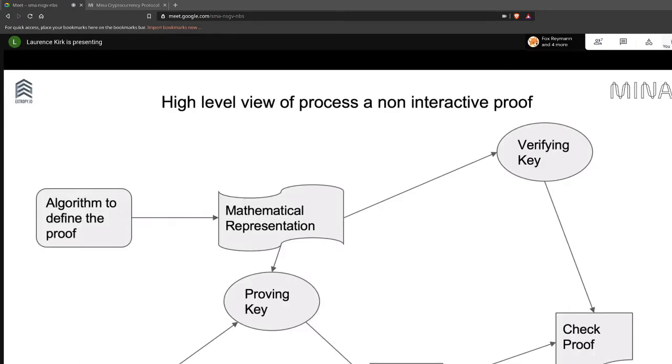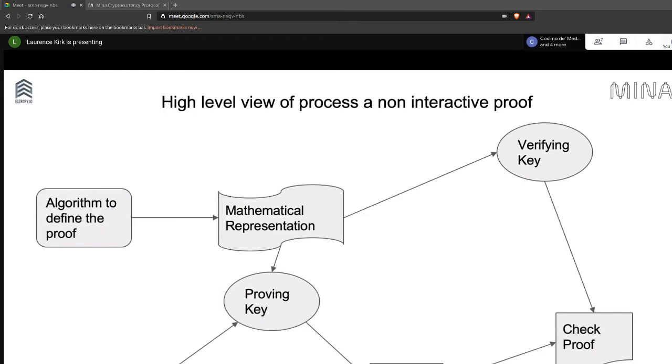The process from the user point of view, if you're creating one of these, for example, using projects such as Zokrates on the Ethereum blockchain to create a zero-knowledge proof, is that you would first of all write your algorithm that defines what your proof is about, and this would be shared between the prover and the verifier, and then turned into a mathematical representation, as we've seen. In terms of the Zokrates project, this gives out two keys, a proving key and a verifying key. And this first stage is what's called the trusted setup. So there's a setup stage which produces our keys.